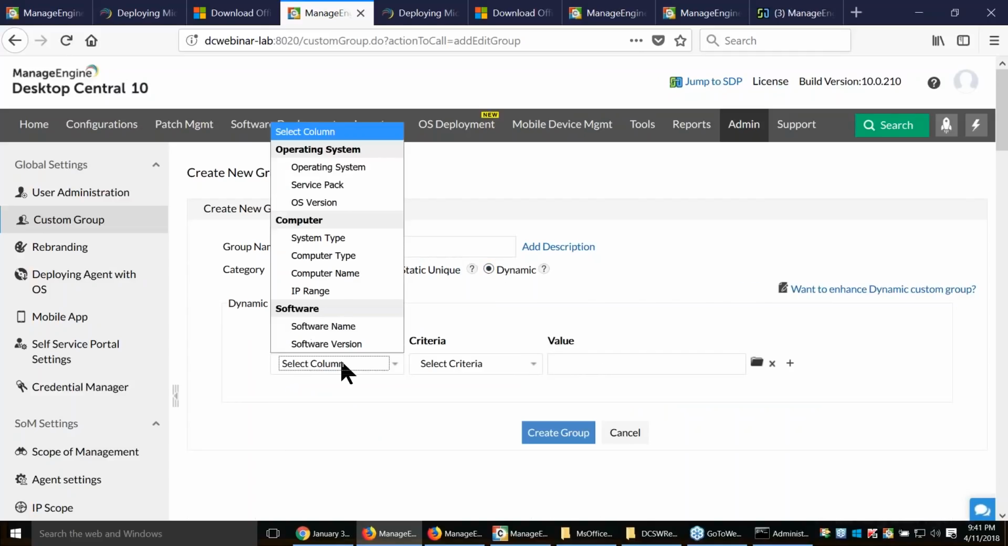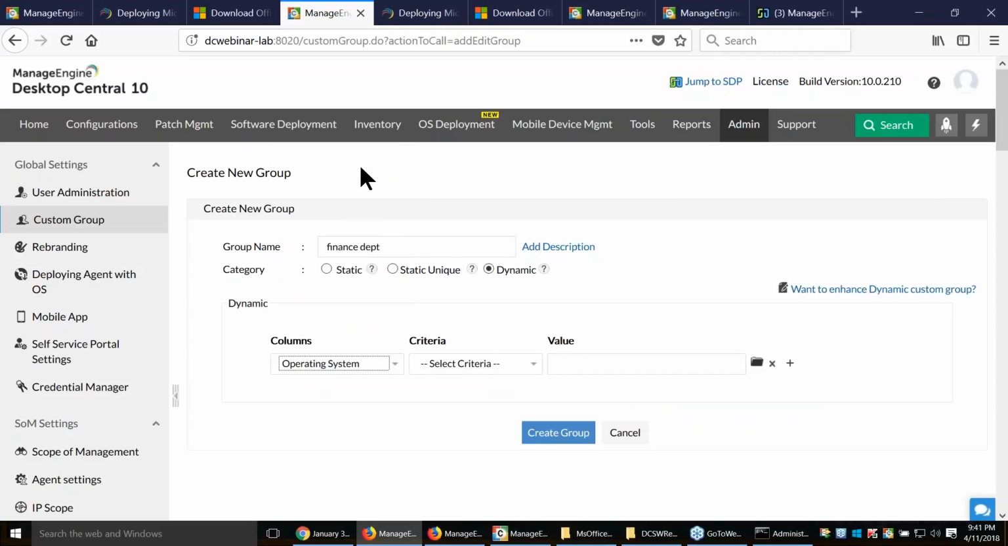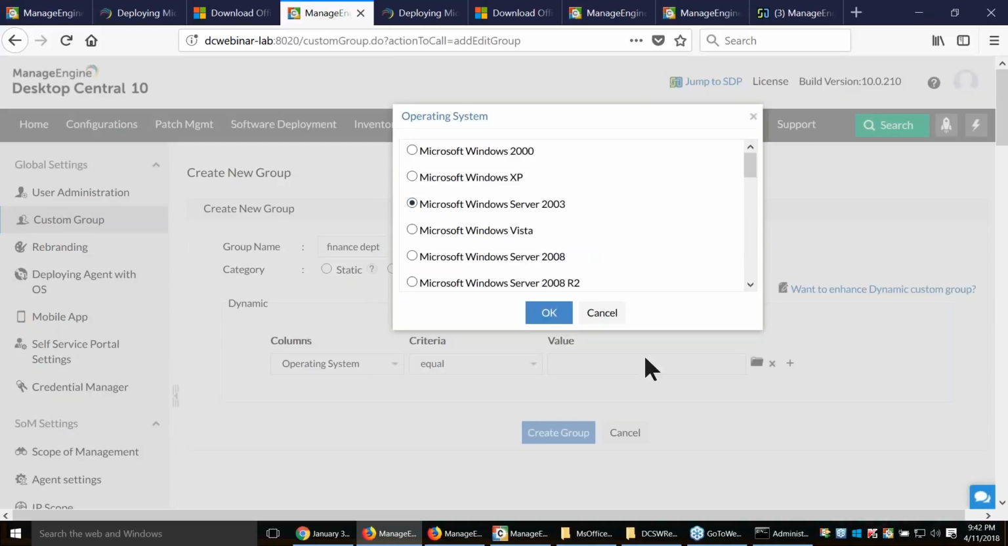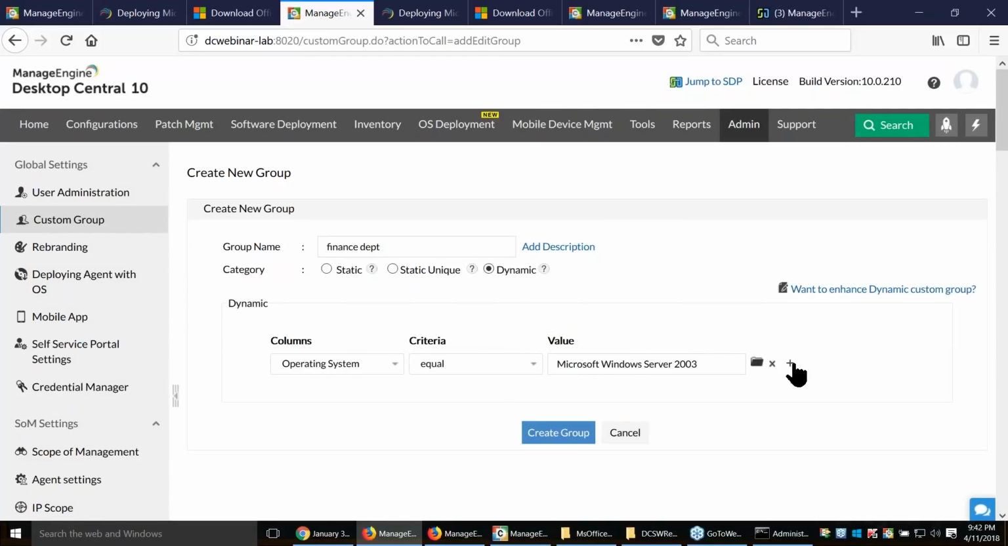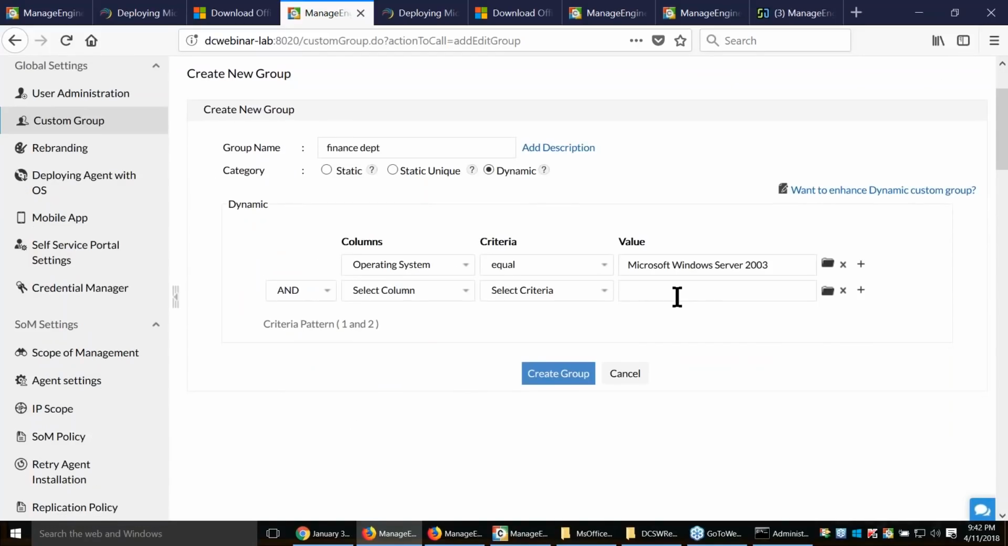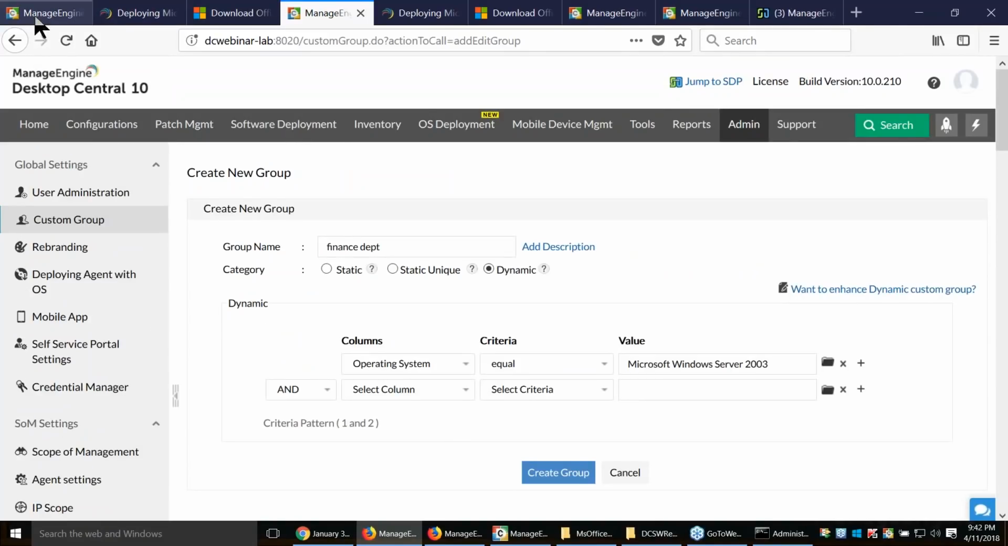And dynamic is based on specific criteria. For example, if I want to group them based on the operating system, server operating system, I can use this to group them based on a specific operating system that I want to group. You can use the AND command if you want to have multiple operating systems listed. So once I create this group